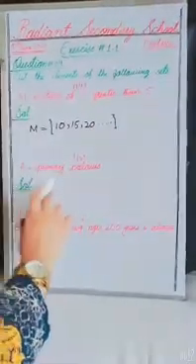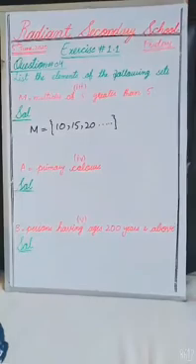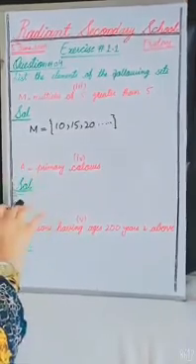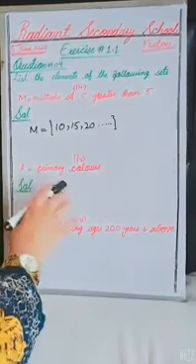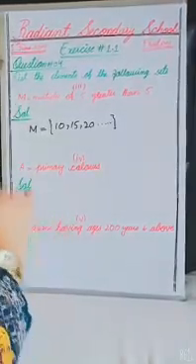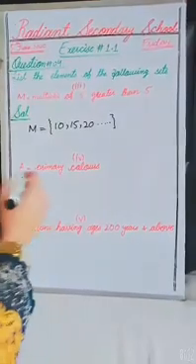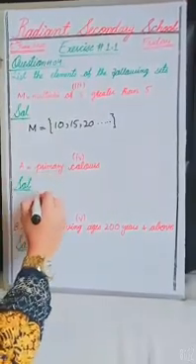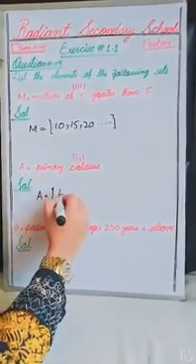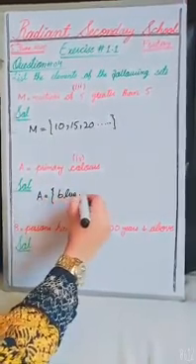Next part is A equals to primary colors. Many of you are already familiar with the primary colors, but let me recall it for you. Primary colors are actually the main three colors from where all other colors came into existence. Those are called primary colors. So primary colors are A equals to blue, yellow